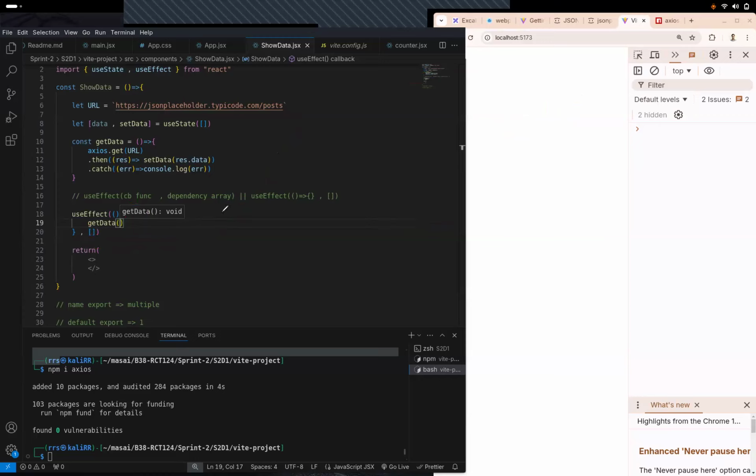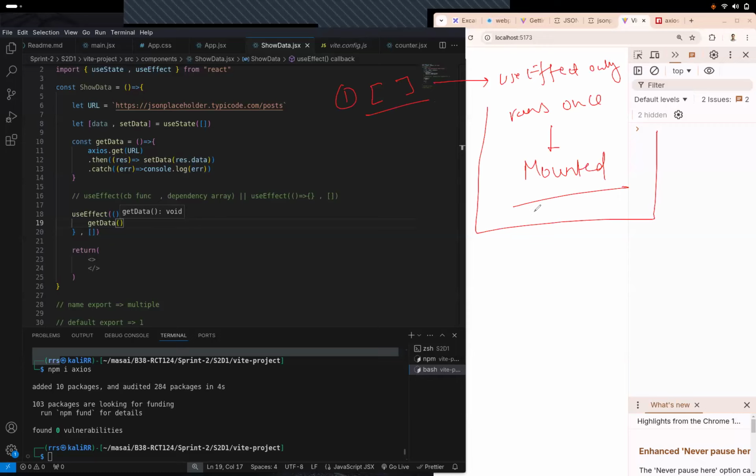So again, it's something that थोड़े बाद में आएगा. तो let's do one thing. Let's first start with step one. Step one will be empty array. This dependency array will be empty. And what's the implication of this? Use effect only runs once. And when does it run? When your component is mounted, right? So when the dependency array is empty, use effect only runs once, and when it runs, it's when the component is mounted.